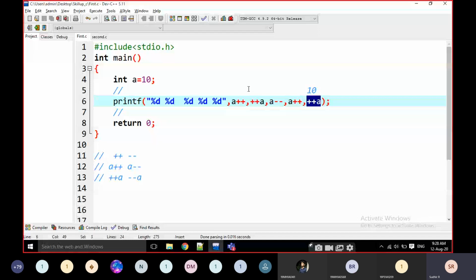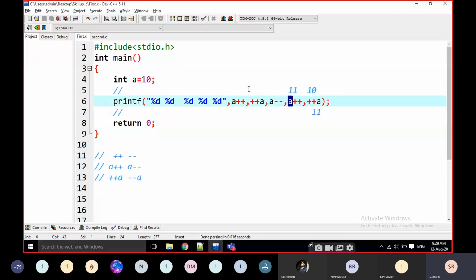The output is 11: it is incremented to 11 and printed as 11. That 11 goes here, so the new a value is 11.